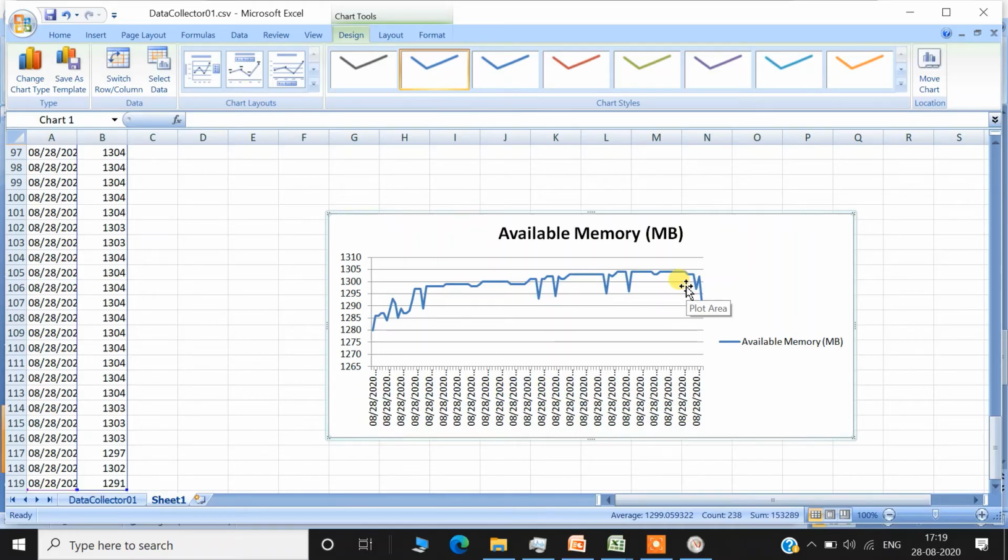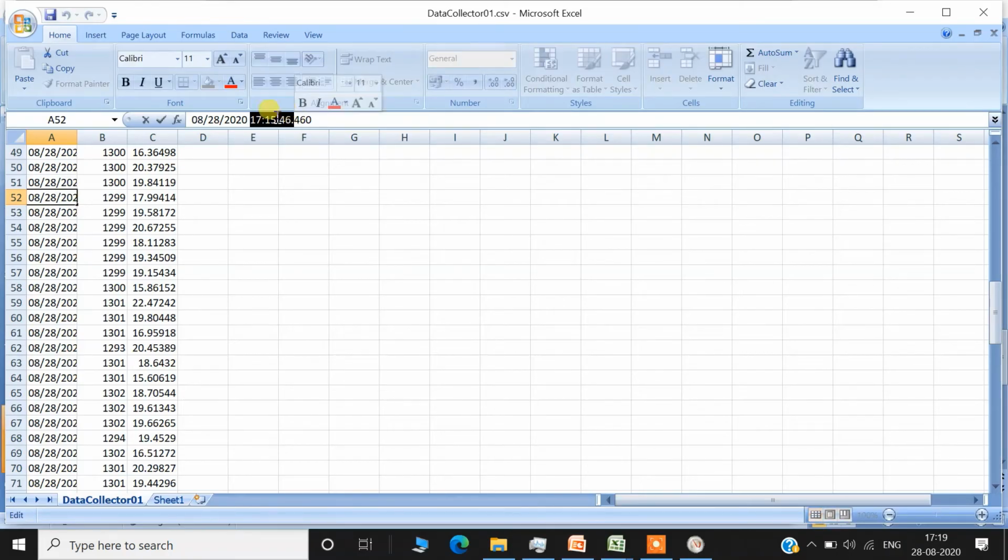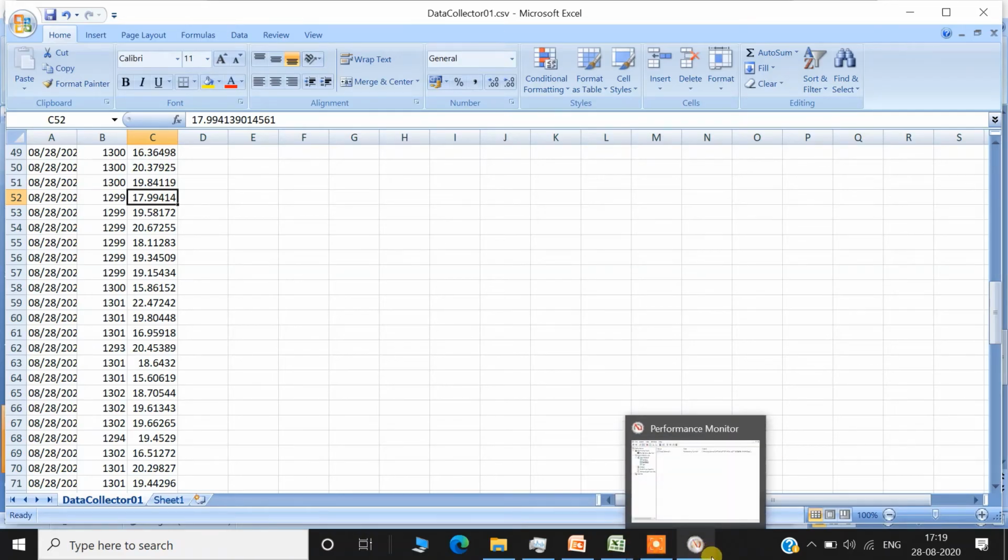So after this you will be able to create a perfmon counter and monitor and capture the statistics. These are the CPU consumption statistics for the specific time. If I want to see what happened at 5:46 PM, how much CPU consumption was happening? 17.9% total CPU consumption was happening on the system. So a lot of analysis can be done here. Today we will not be able to complete the topic related to the analysis.